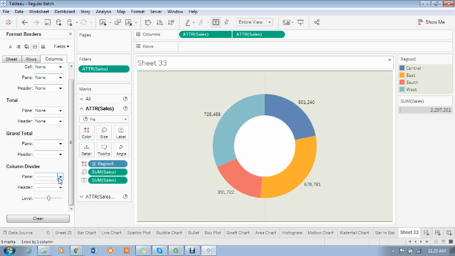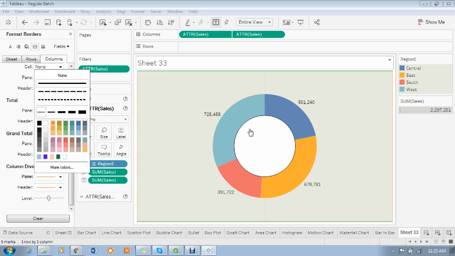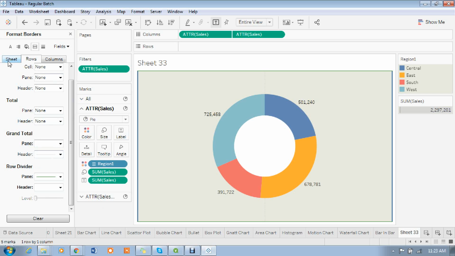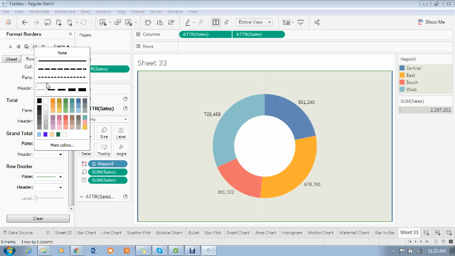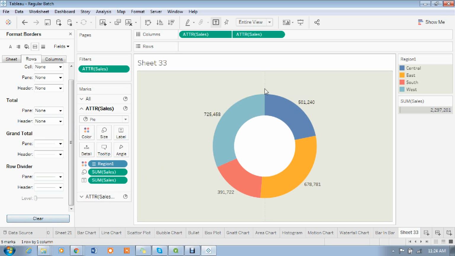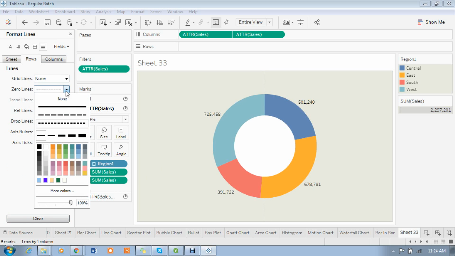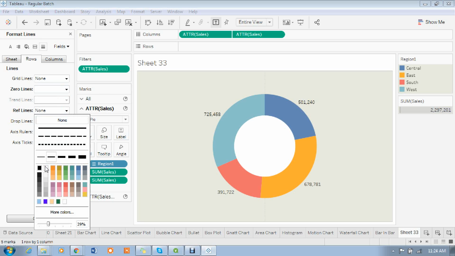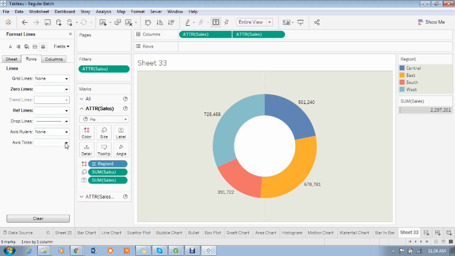Headers, columns. At least if this color changes, we can identify which line it is. No, grand total. This one, yeah, I did it somewhere. Otherwise, clear all these things. This is the line somewhere. Zero lines. Reference line, sir. Drop lines and reference lines. In this page only, reference line, maybe. Yeah, we'll see, madam. That one also, I don't think it is there.